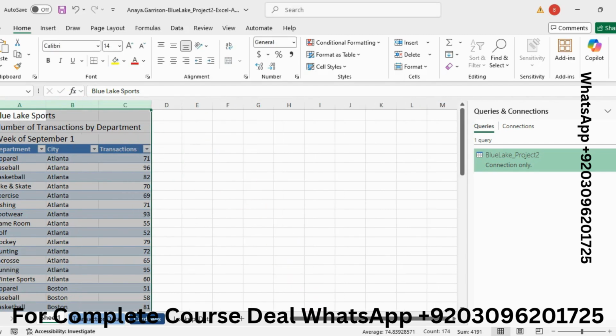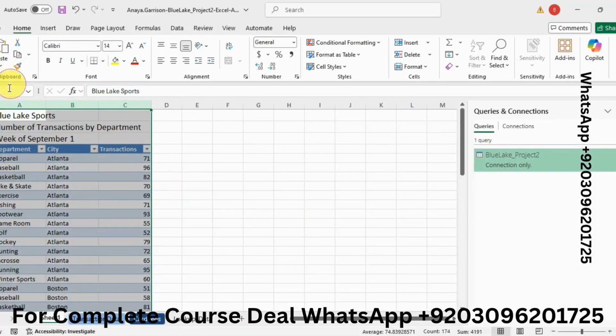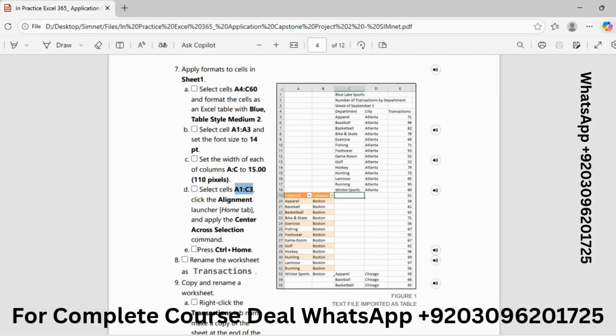I have completed part C as well, and part D is select cells A1 to C3. Then click the alignment launcher and apply Center Across Selection.